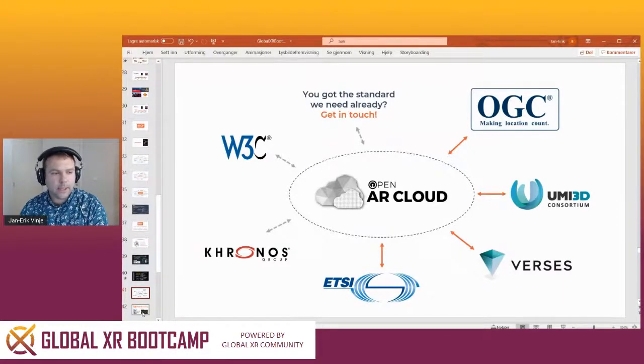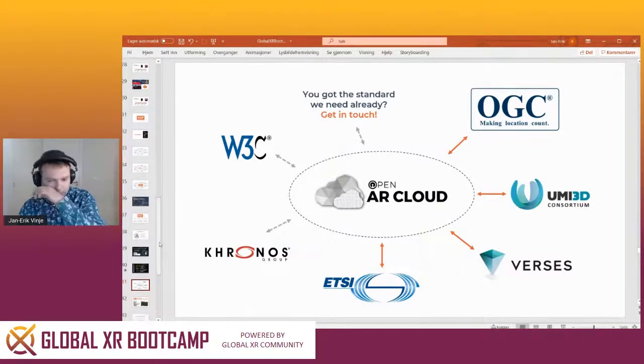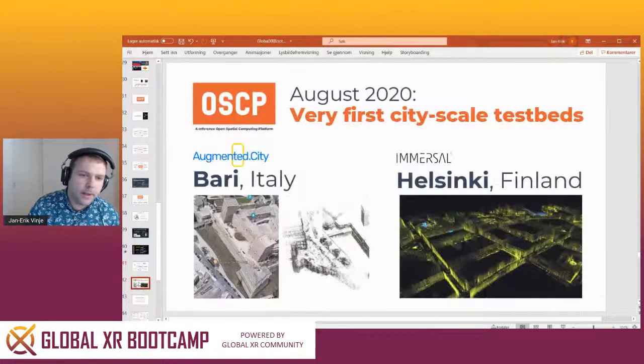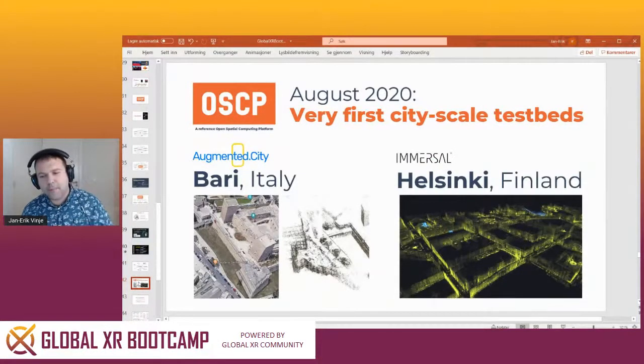That's a really key central element. So, okay, we're working on a platform, we're working on standards, that's all great. But if you have standards and platforms and nobody's using it, what is the value? So to address that specific thing, we are super happy that this August we started our first city-scale test beds